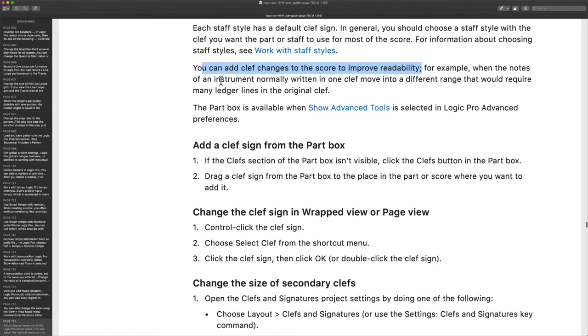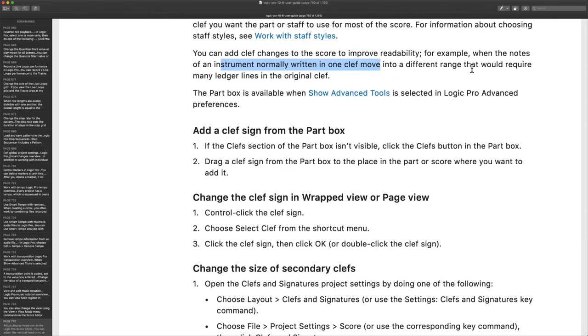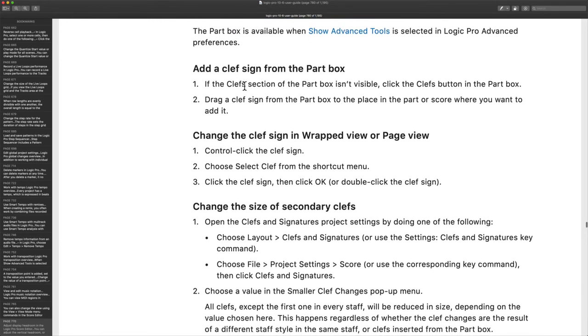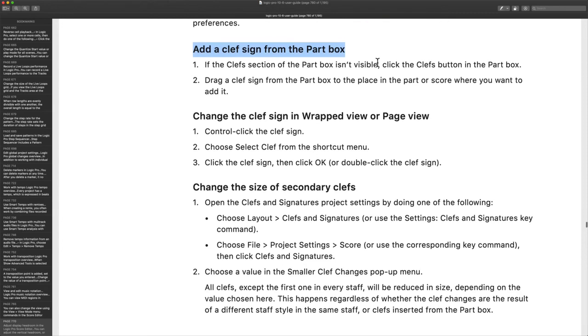When does this apply? If an instrument normally written in one clef moves into a different range, and then that would require many ledger lines. Obviously, you're going to want to make sure that this works for the people that you're working with, the orchestra, what have you. And so this is how you would change that. You can add a clef sign from